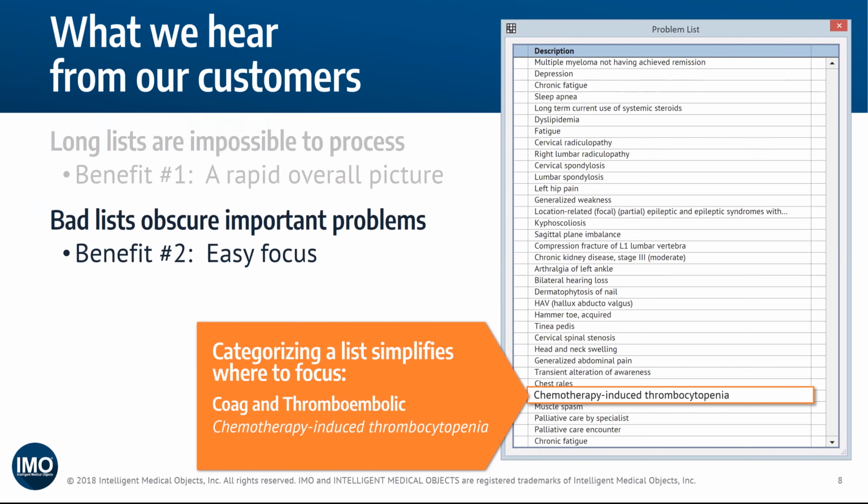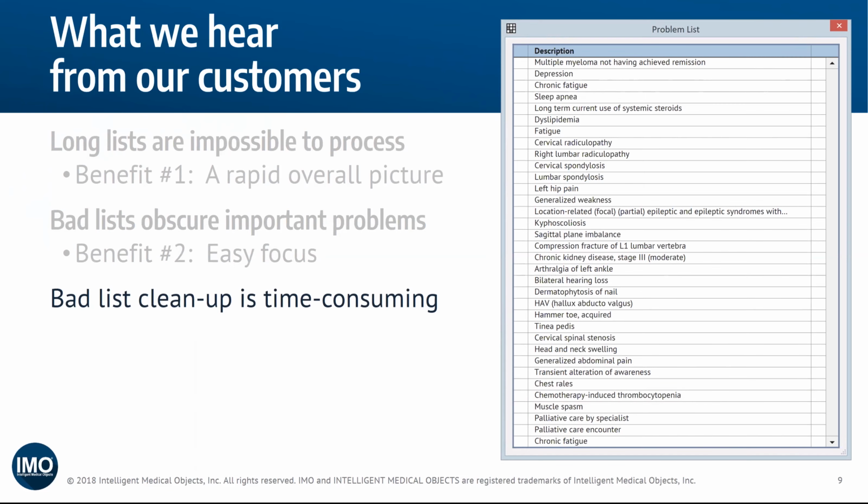And then at the end of our talk, we're going to talk about tools to provide cleanup and what we can do to assist frontline people in cleaning up problem lists. I firmly believe that no one's really against cleaning up the list; it's that we haven't done our job in giving them tools to make it easy and efficient. And clinicians, whether it's doctors, nurses, therapists, extenders, are very busy. And with no clear ownership of the problem list, it's difficult to ask any one of them to take the time to clean it up.